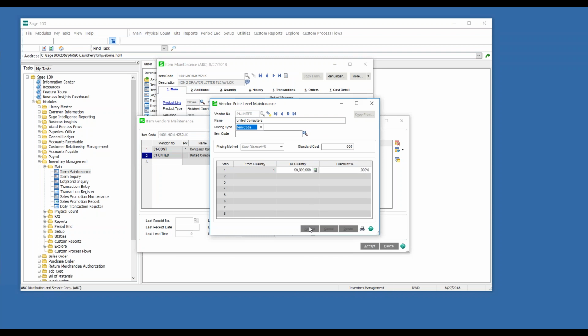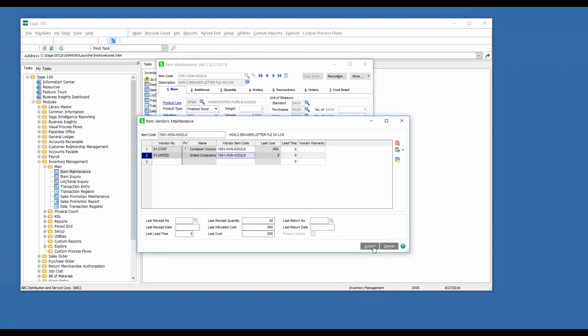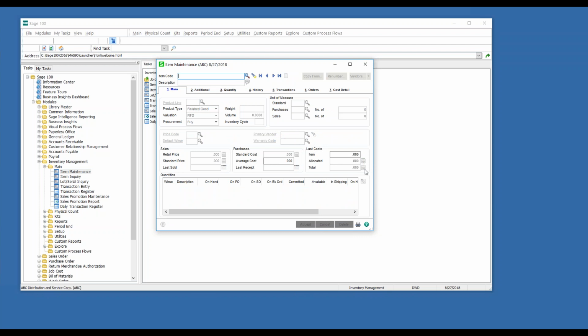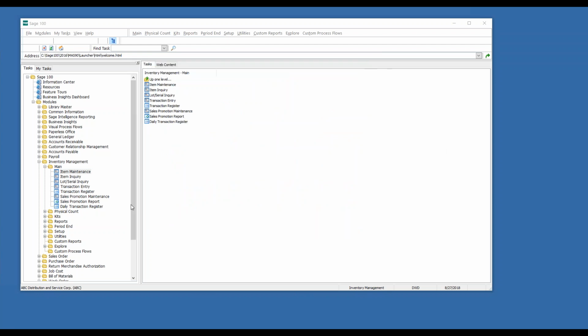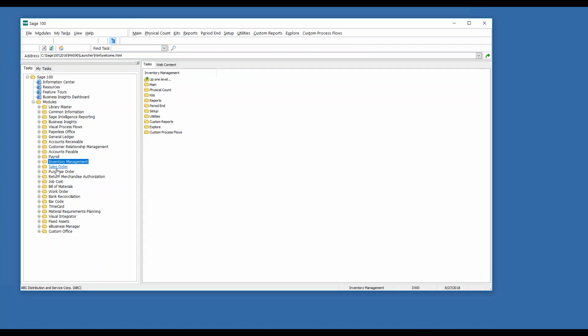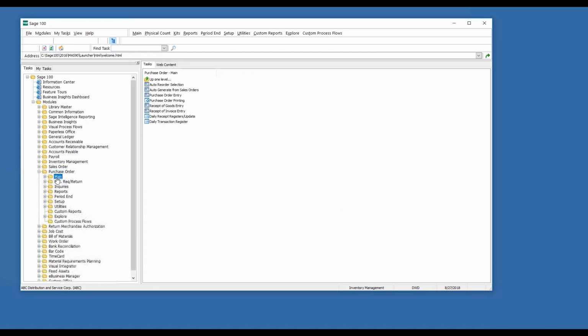Go ahead and hit accept. Again, this explained what this is designed for before. I could do more items from this vendor if I wanted. But for my example, I'm going to just go ahead and save that and accept it. And just as a quick example of how it works, or maybe to prove that it actually does what we